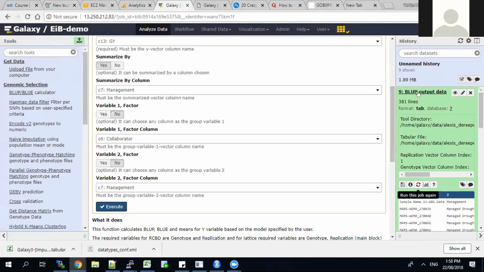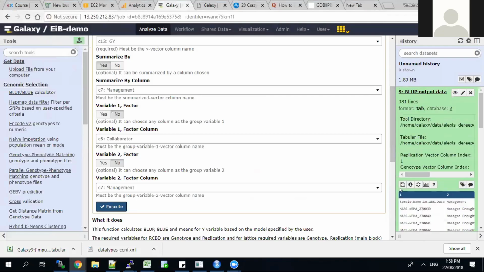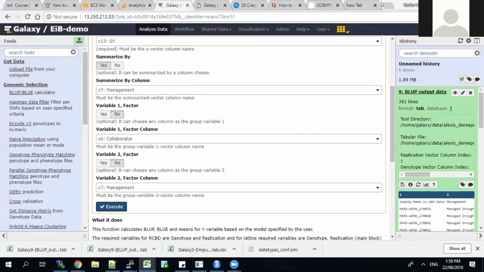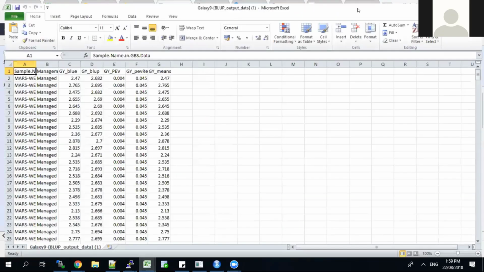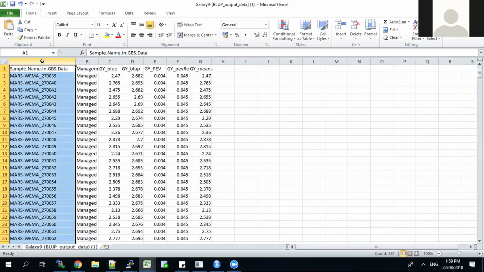So the blue blob, you click on it, then you can click on the download button. From here, you click on the download button, and each of the numbers is the job ID. So you can see Galaxy Job 9. Open that up. That's already an Excel file. So you can see it shows like